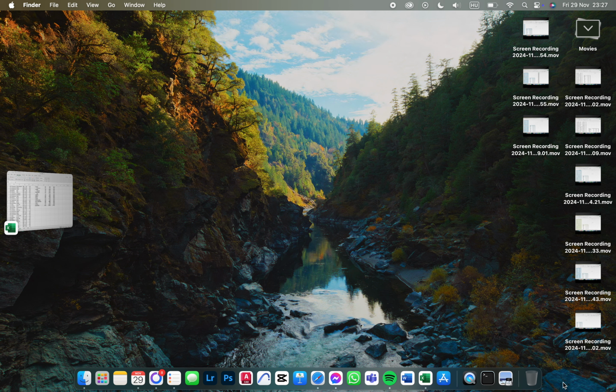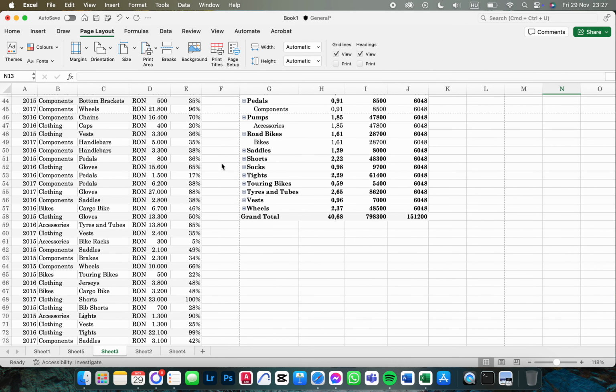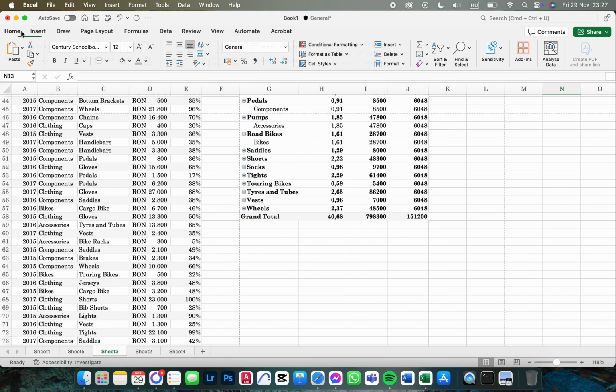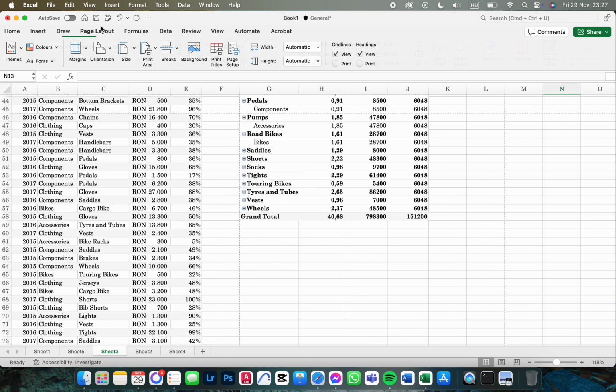Hello guys, in this video I'm going to show you how to set page size in the Excel app. First we have to open up the app, and here it opens up in the home menu. From here we just go into the top row and click on page layout, and here under page layout we have size,